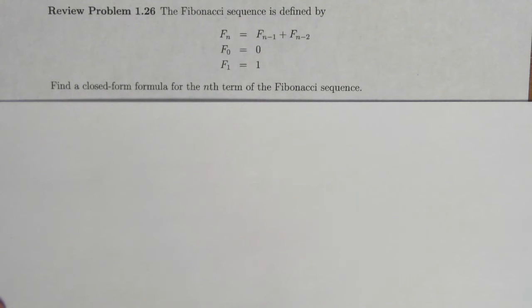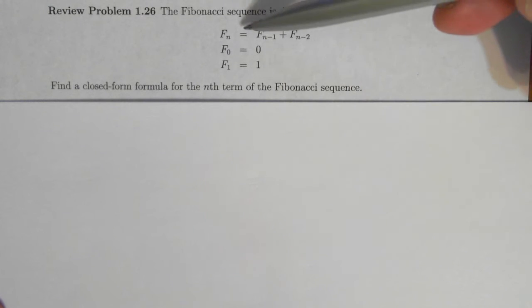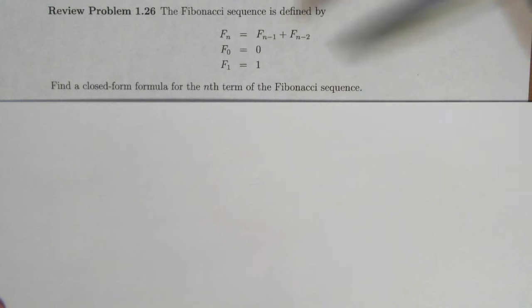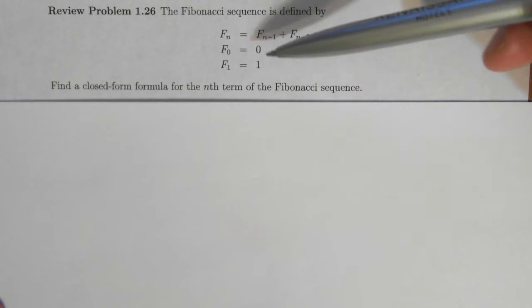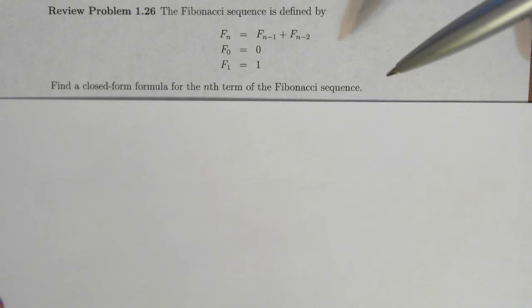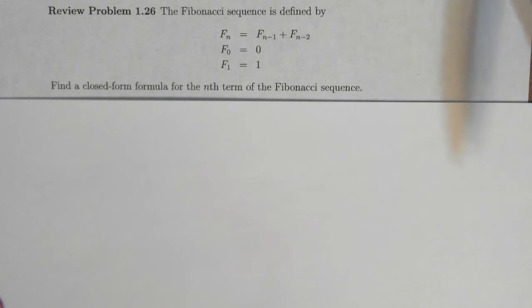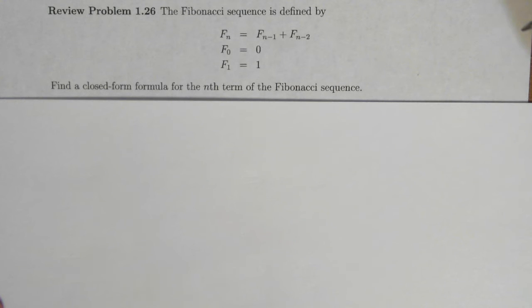Let's now take a look at this very special and famous linear recurrence relation. F sub n is equal to f sub n minus 1 plus f sub n minus 2, where the 0th term of the sequence is 0 and the first term of the sequence is 1. This is, of course, the Fibonacci sequence. And so this is an example of a second order linear recurrence relation. And it's actually homogeneous, and so we can use the techniques that we've learned in order to directly solve for